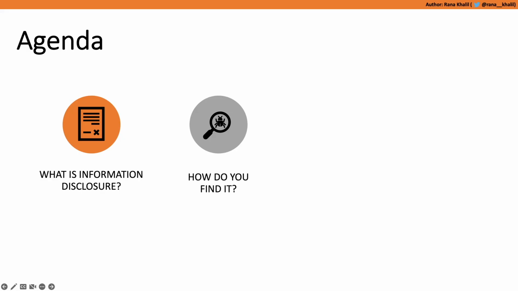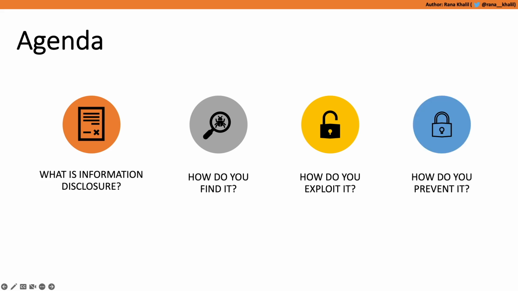box perspective. So if you're given an application and possibly even the application source code, how would you approach testing the application to determine that it's vulnerable? Once you have found that the application is vulnerable, how do you exploit the vulnerability in order to achieve your end goal? And then we'll end the presentation by covering the different techniques that you can use to prevent or